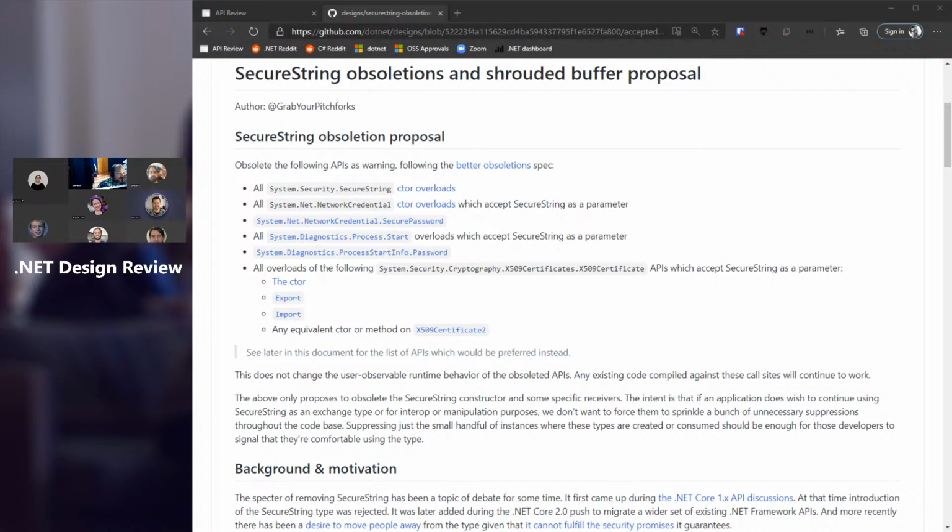Things along those lines. So, Corey, the problem space ends up being something like, and this is massively paraphrasing, of course, for PCI compliance, a secret must be erased from memory as soon as it is no longer needed. Well, most people who build secure strings do it wrong. They have a System.String and then they build a SecureString. So now they've made a copy. The original string won't get erased because strings don't, I mean, it'll eventually get overwritten, but it's not as soon